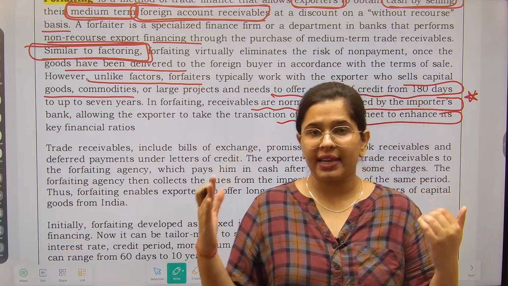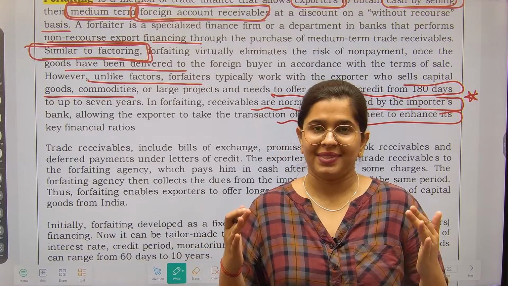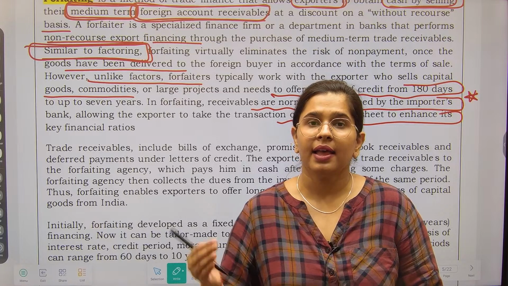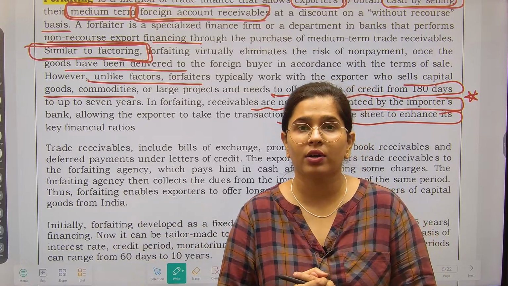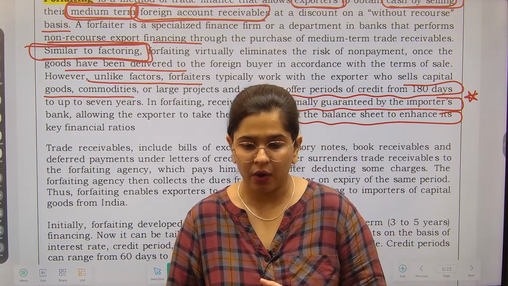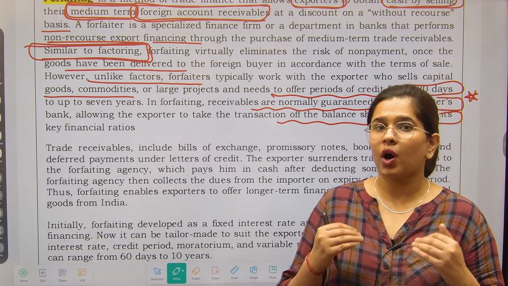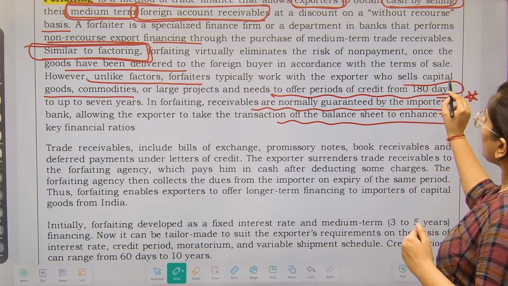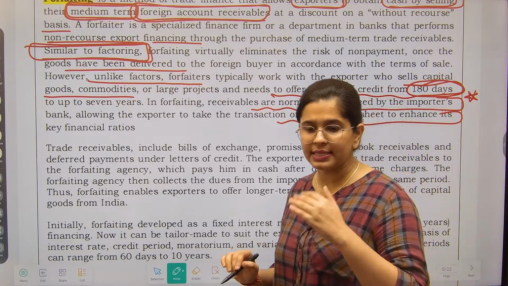So the finance that is being provided is for medium term. See, 7-year timing is a medium term for the bank, right? Anything beyond that, like 10 years and beyond, is called long term financing. Otherwise it comes under the medium term financing. Okay, so these things are provided. Now why is the risk not here? The thing is, see the timing, 180 days to 7 years. ठीक है, 180 days से 7 years.